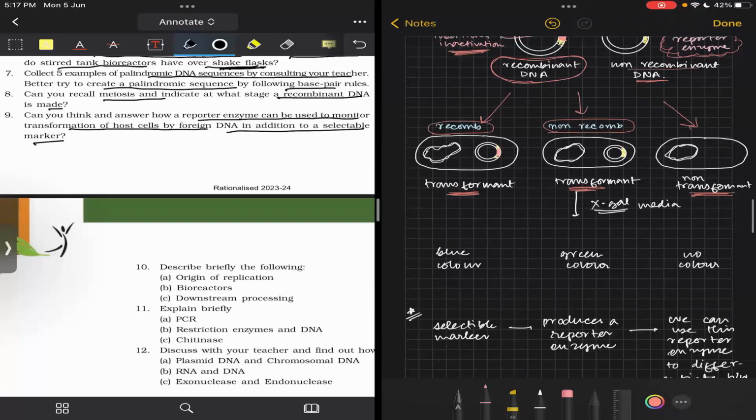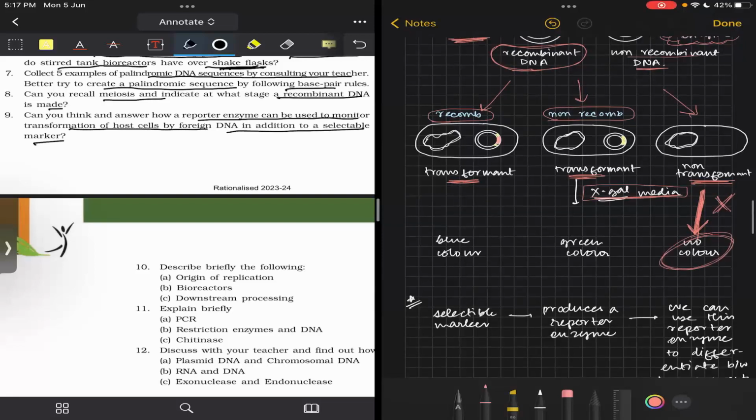So in the X-gal medium, they won't produce any color because they are not producing any enzyme. So they won't produce any color. And the transformants, but non-recombinants, will produce beta-galactosidase enzyme that will degrade this X-gal to form a color that is green. So they will show green fluorescence. The non-recombinant transformants will show green